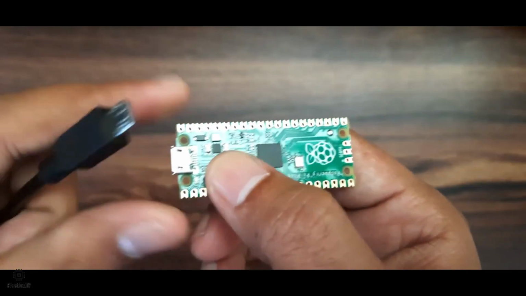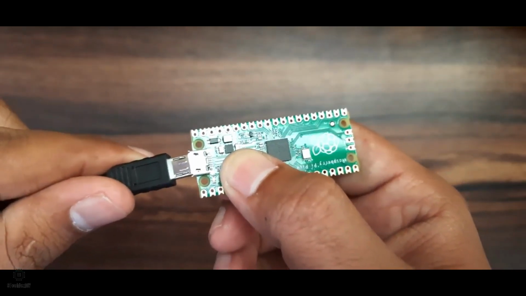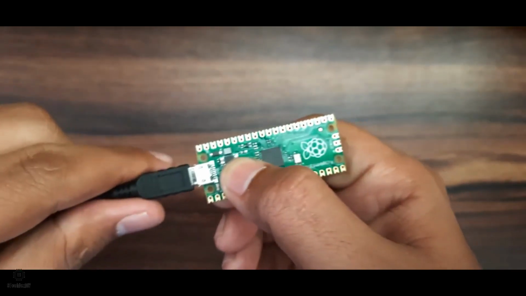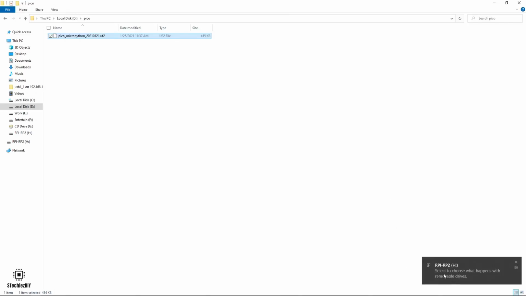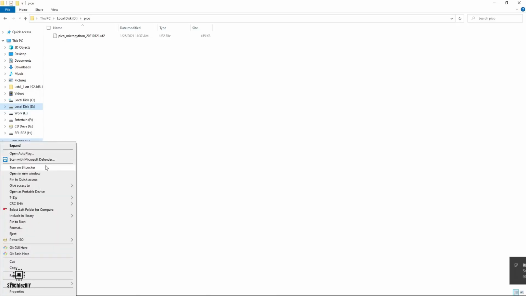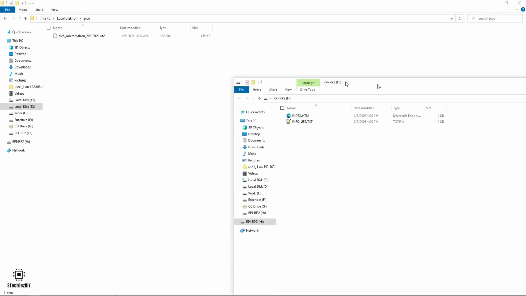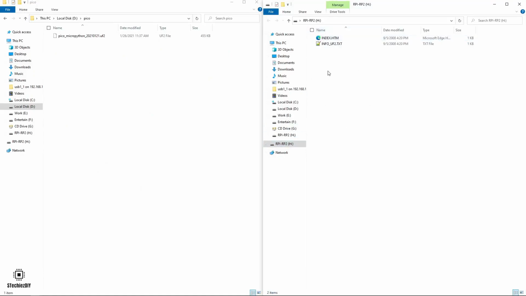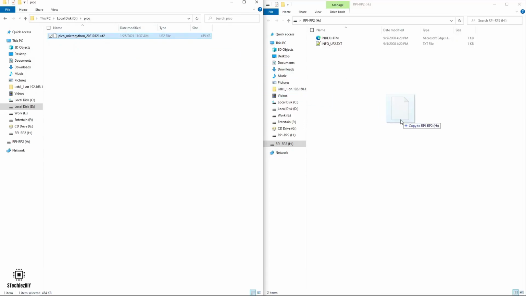Flashing method is very simple for Pico board. We just have to press and hold the boot key of the board and power up the board. After powering on, the board will run in boot mode, and once the board is in boot mode, we just have to drag and drop the binary into the Pico board flash drive. After successfully transferring the binary, the board will restart automatically.